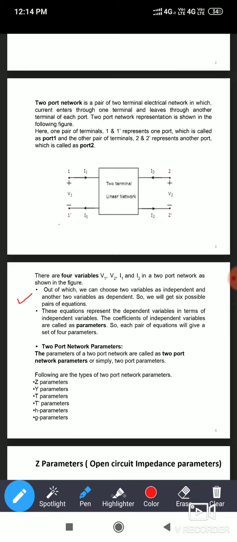आता काय करायचंय, what we have to do, out of four variables you have to take any two variables as independent variables, while the remaining two variables you have to consider as dependent variables. कुठलेही दोन घ्या. आता समजा I will give the example y is equal to mx. So what is this formula? This is nothing but the equation of a straight line passing through origin. Suppose m is a constant, it is called slope. मग x चं व्हॅल्यू चेंज केला तर y चं व्हॅल्यू चेंज होईल.